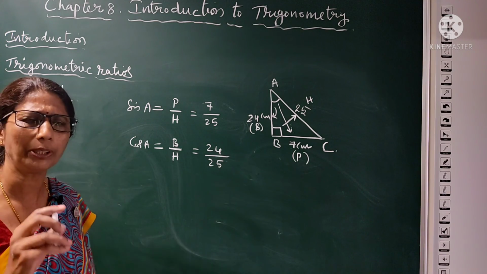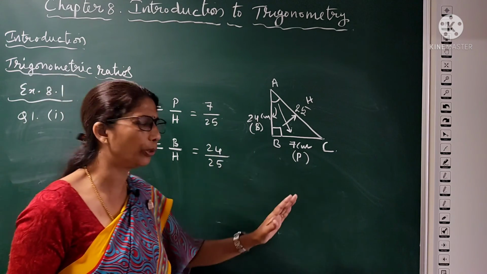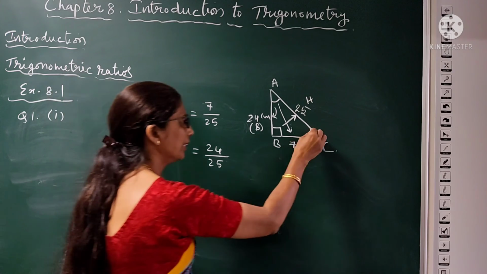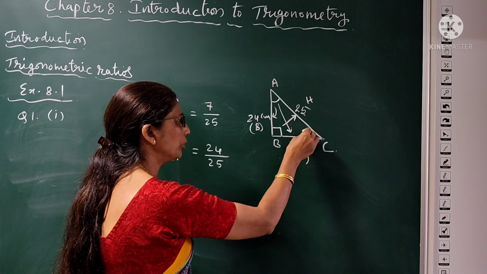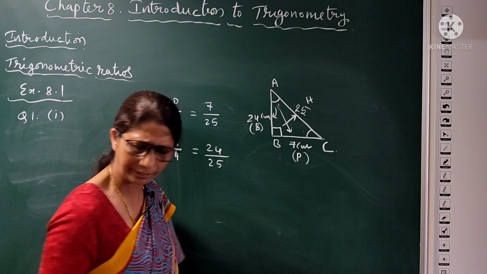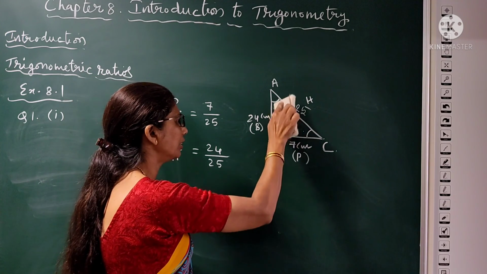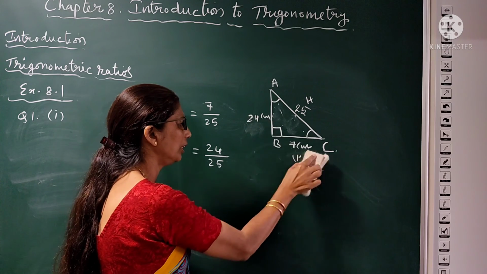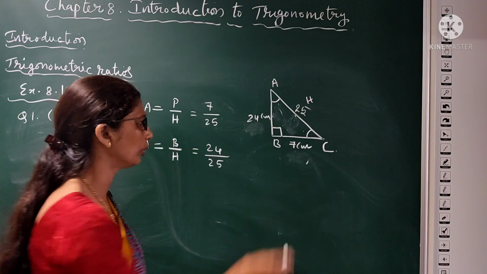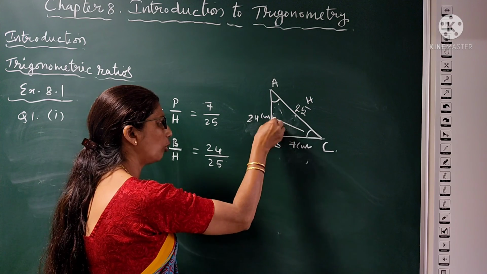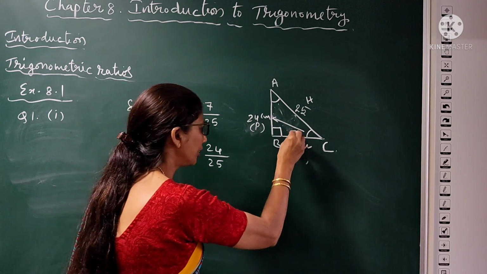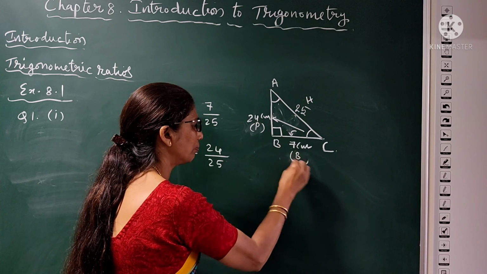Now for the second part, it is given just the opposite of that. Here it is sin C. When sin C is asked, this is C. When you are taking this sin C, that means we have to change the perpendicular and base. If you want, you can draw another triangle, or just here only: this is C, so this is opposite. Opposite we are considering as perpendicular, and this is the nearer one, that is considered as base.